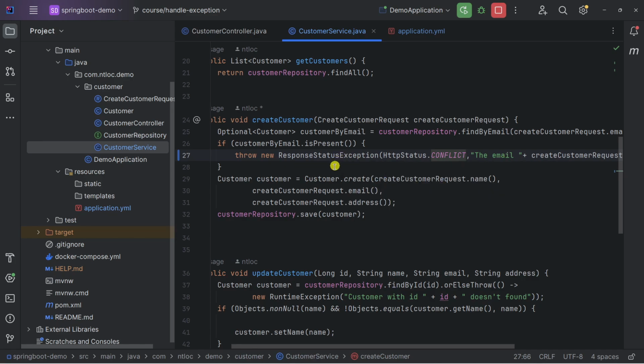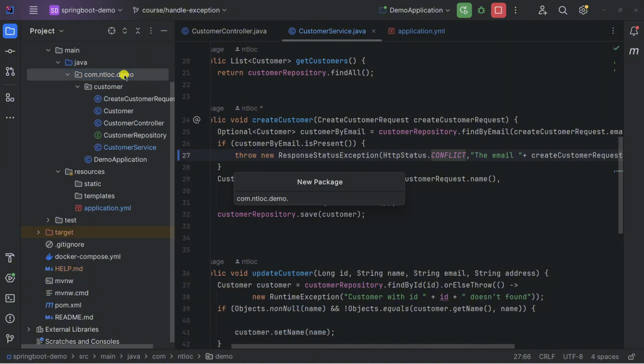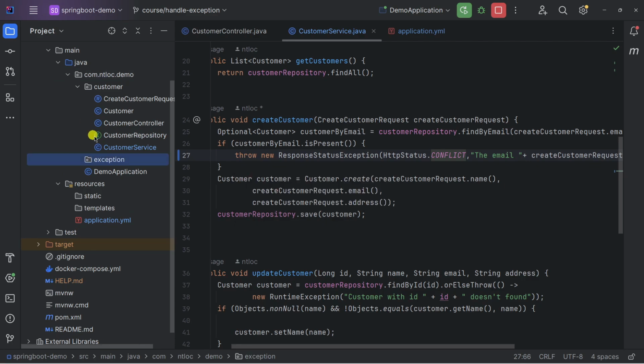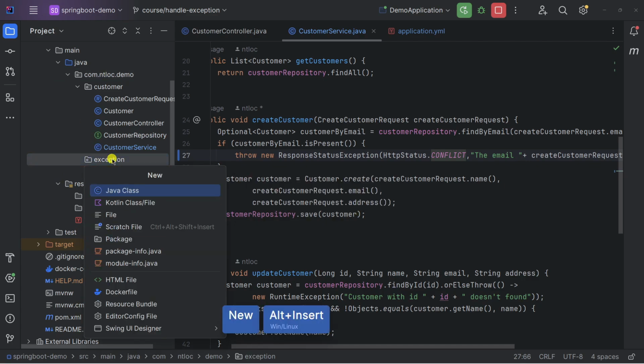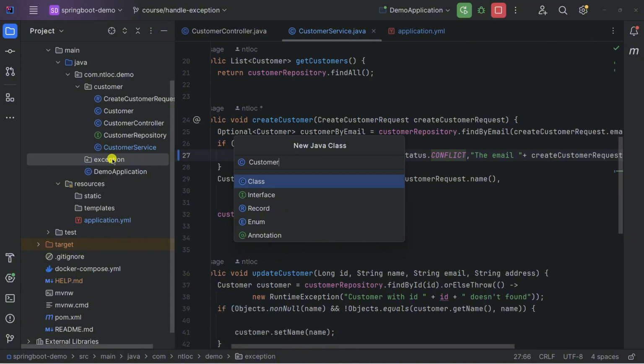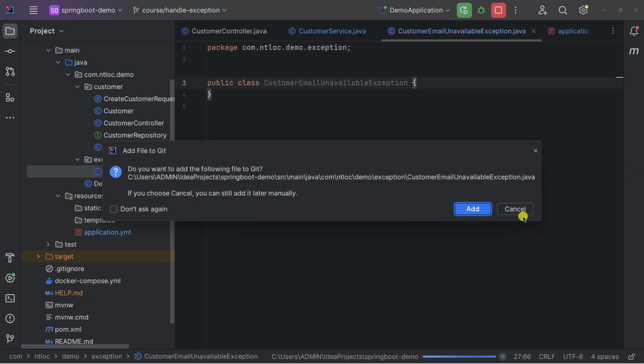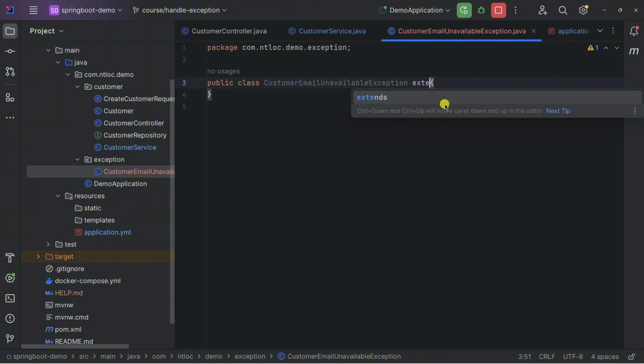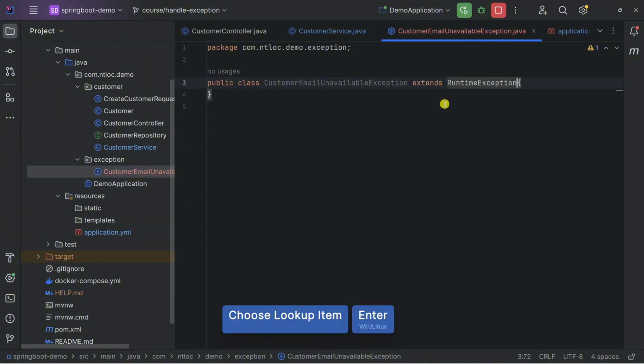By doing this, our code will be more durable, easier to understand the root cause of the exception, and also easier for maintenance. To do that, the first thing I would like to do is create a package named exception. Under this package, let's create a class, for example CustomerEmailUnavailableException, and this class will extend RuntimeException.